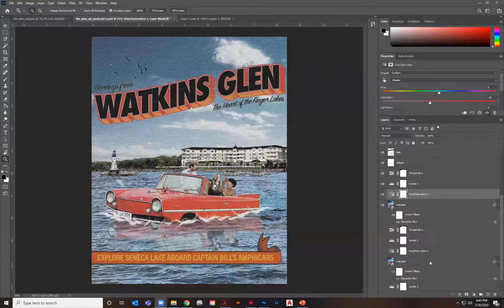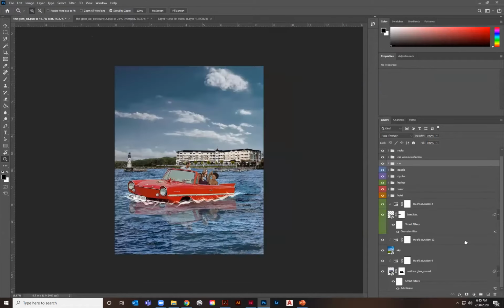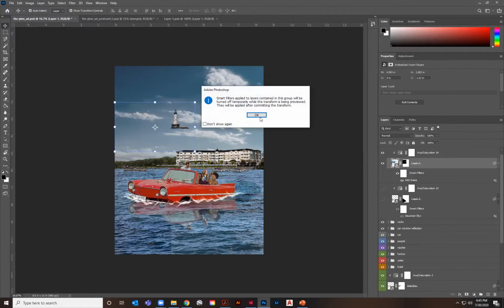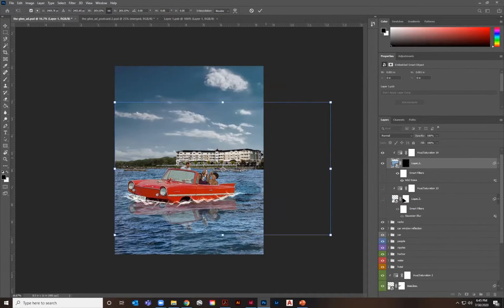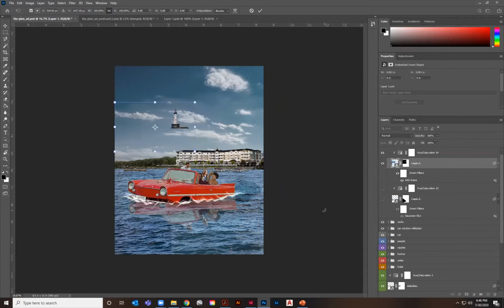Hold on, I'll actually pull up that Photoshop file again because you might have noticed that some of these are smart objects. I was in the same boat. I didn't understand why on earth you would use a smart object. It just makes the file super laggy. But the great thing about a smart object is that I could take this lighthouse, which as soon as I put it in, I convert it to a smart object, and I can blow it up to the scale that it was at when I first brought it in, and it doesn't lose any resolution. Right, so it retains all of that pixel information so that no matter how big or small you make it, it has the same kind of quality.